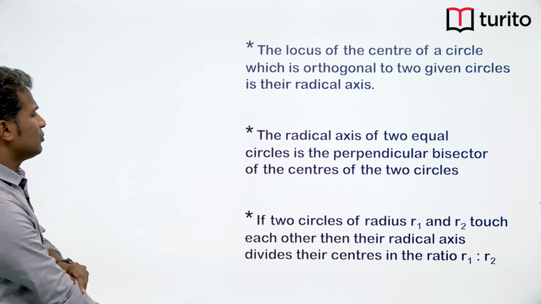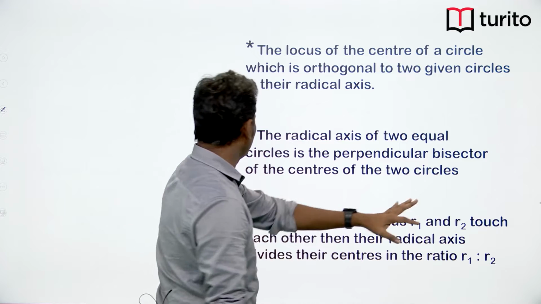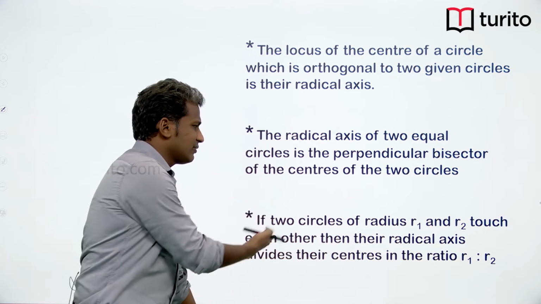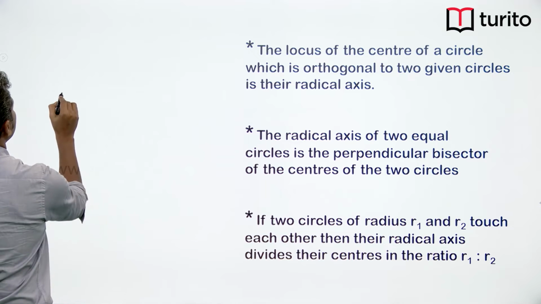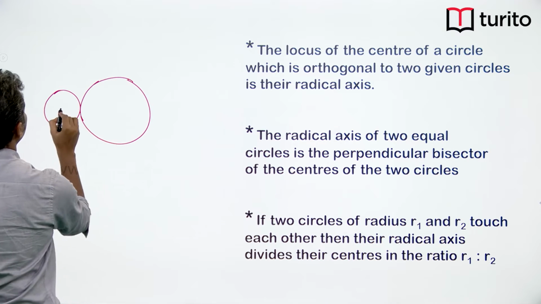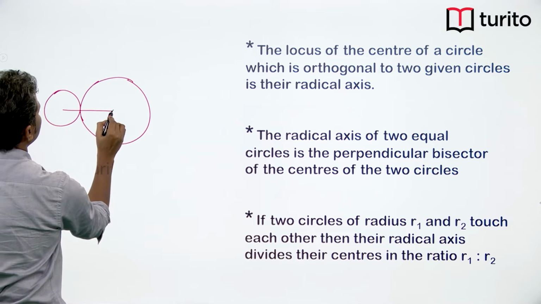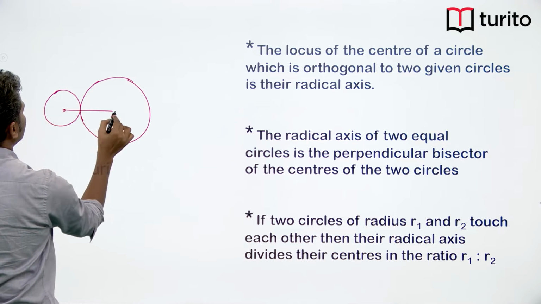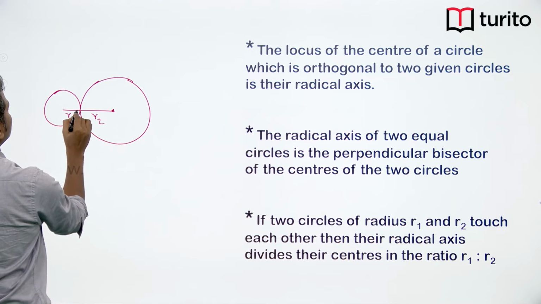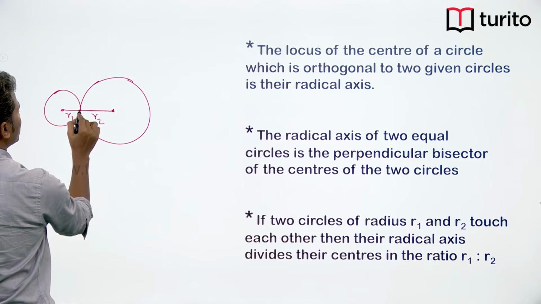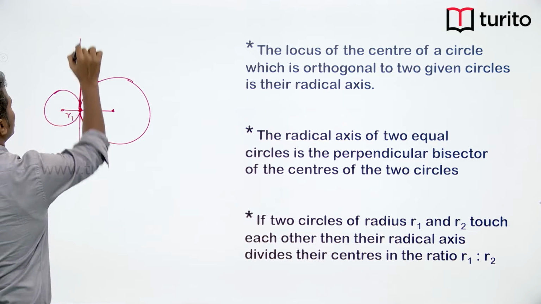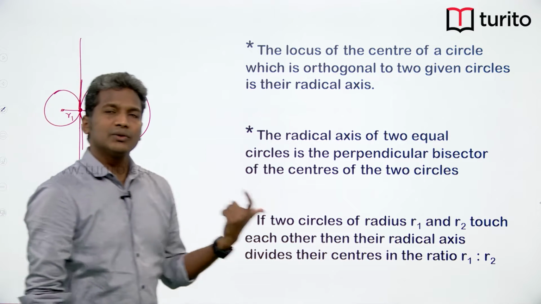Next, if two circles of radii R1 and R2 touch each other, then this is a very straightforward point. Let us say there is one circle here, there is another circle here. Now, if I join the centers, then definitely one radius is R1, the other radius is R2. So, the point which is P here, through which the radical axis passes,